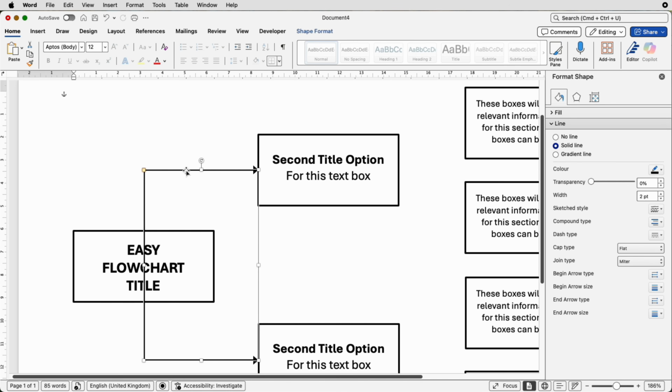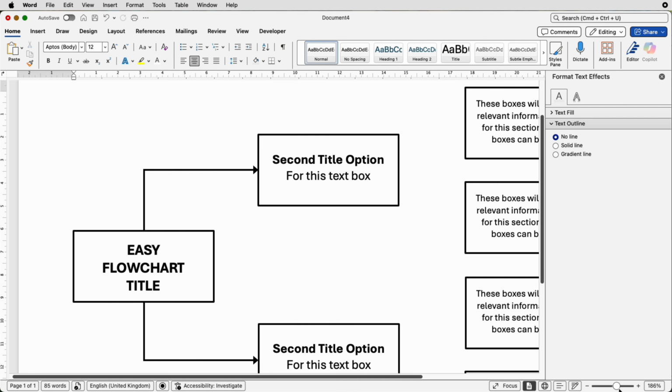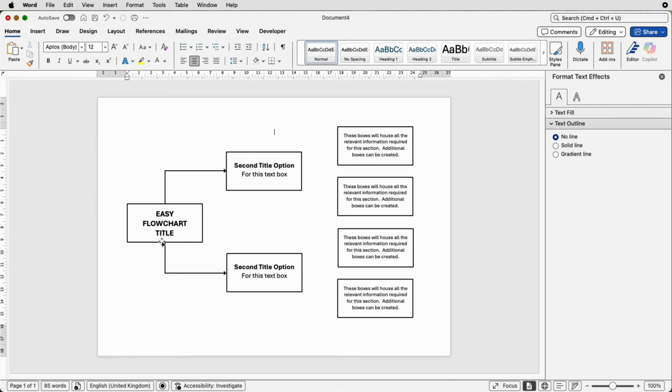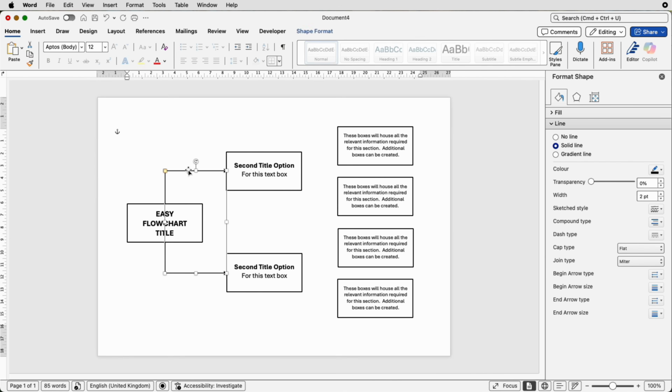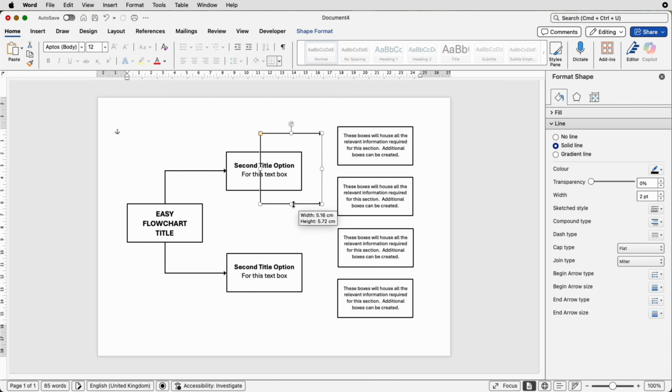So select the arrows, go to Shape Format, go to Send Backwards, Send to Back, deselect, and now you can see those arrows have gone behind that first box. Now we've customized this, we're just going to copy and paste it. Again, holding down that Command or Control key, deselect, reselect just this one, and now we're just going to resize it